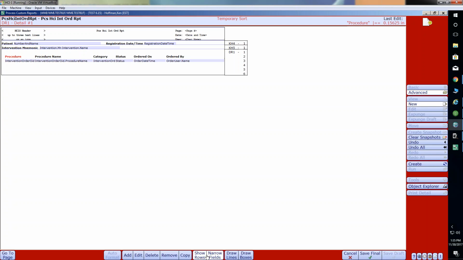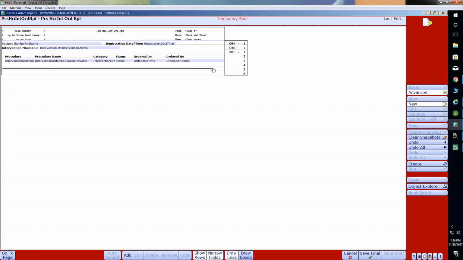I'm going to show the rows here, and I'm going to draw a horizontal line. You know, I don't want to draw a horizontal line. Well, yes, I want to draw a horizontal line here after all the detail records are printed. So after all the orders are printed,